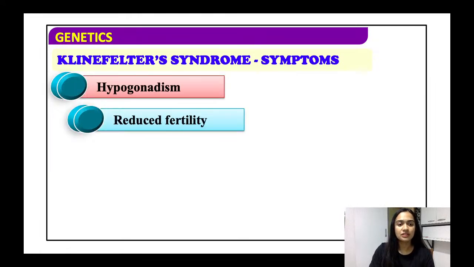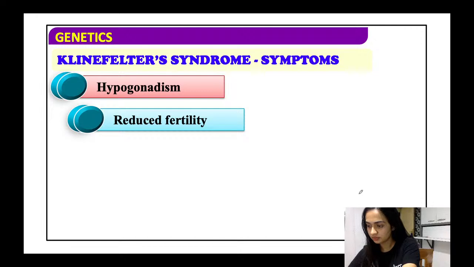The symptoms of Klinefelter syndrome: hypogonadism, reduced fertility. Oh, sorry, wait. I said that the bar bodies सिर्फ मेल में देखा जाता है, नहीं, मैंने आपको गलत कहा। बार बॉडीज जो है वो basically it is seen in the female. All right, it is basically the inactive X chromosome. ठीक,